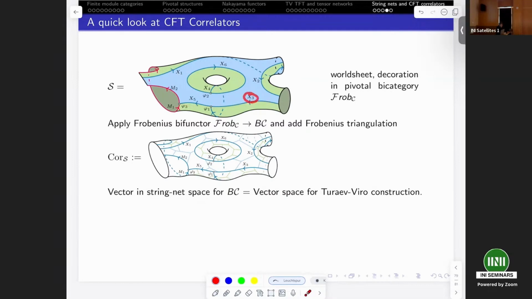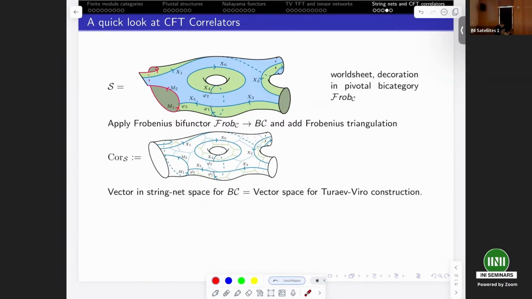The line defects come with types, and these line defects can also join or split, and moreover, there can be boundaries. And it is known for a long time that in the CFT, this decoration data should be